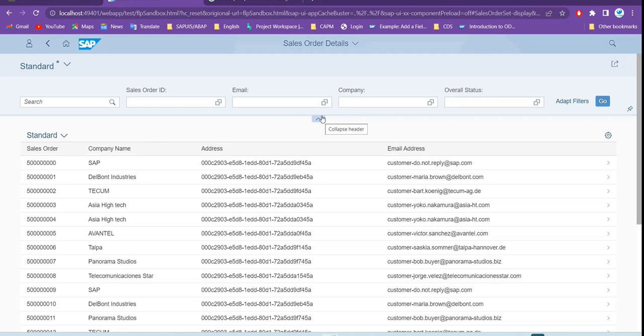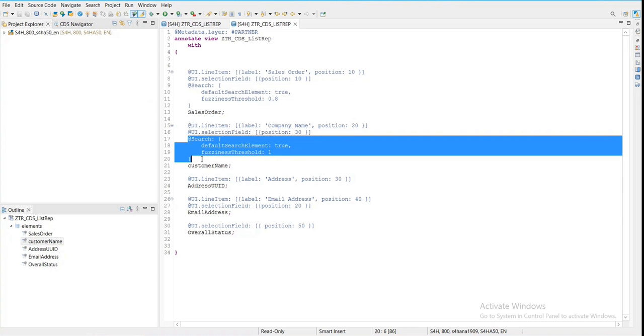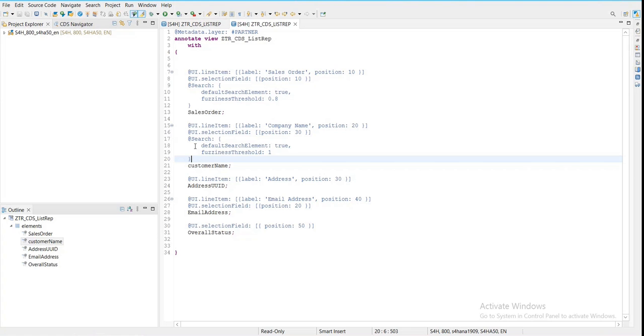So now this is about the search functionality. Wherever the words or anything that you want to search, you can directly specify this on the search field. You can directly specify this with the at the rate search annotation, and within that you can just add these two properties. Default